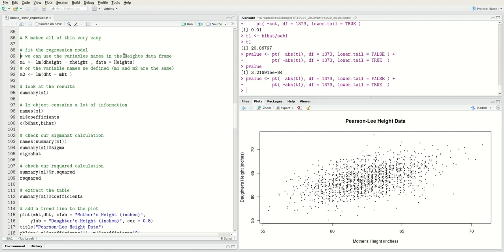Okay, so we've done a t-test for whether the slope b1 is equal to 0, and we did everything by hand using the formulas we learned about in class. That can get a bit tedious, but fortunately R has commands that do all of this for you. And the workhorse command that we're going to be using this semester is called lm. So lm is a function that fits linear models. It'll fit the simple linear models that we've talked about in class, and also multiple linear models that we'll